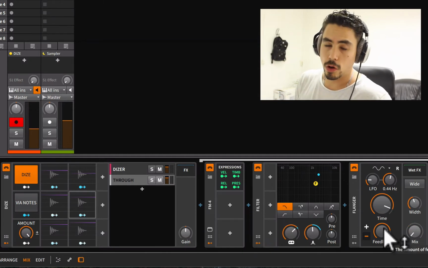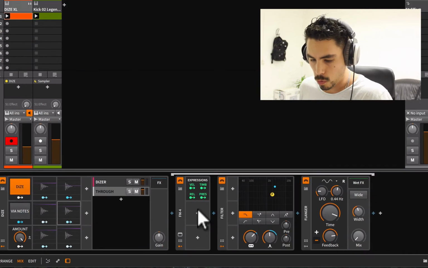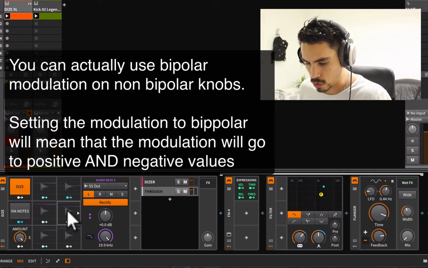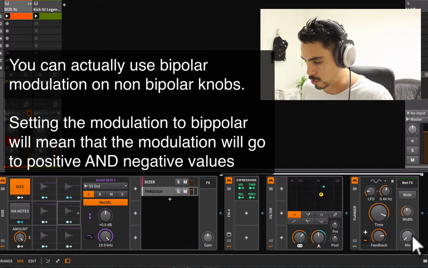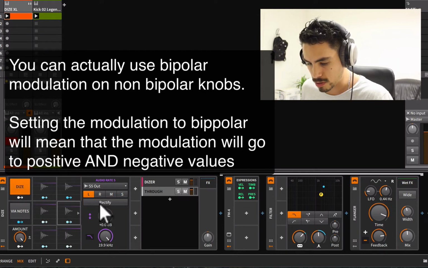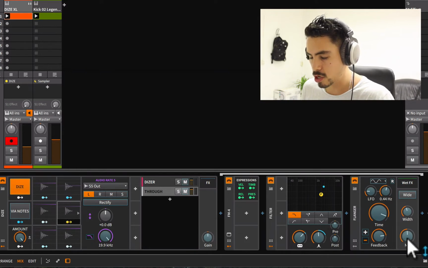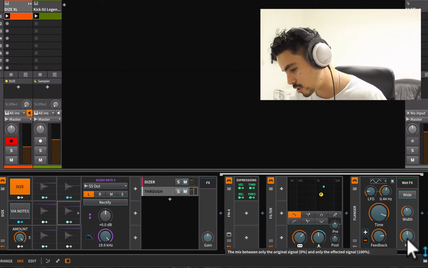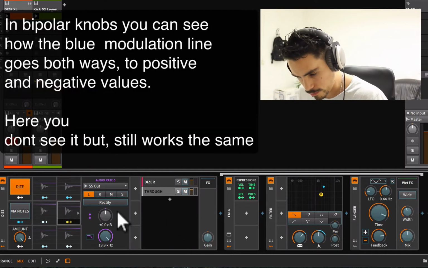So if you have some parameters like this, which are called bipolar, what you do for this case is set this rectify button off. So I'm going to set the mix here, for example. And now if I set the rectify button off and then I map the range, you're going to see over here when I click and drag that